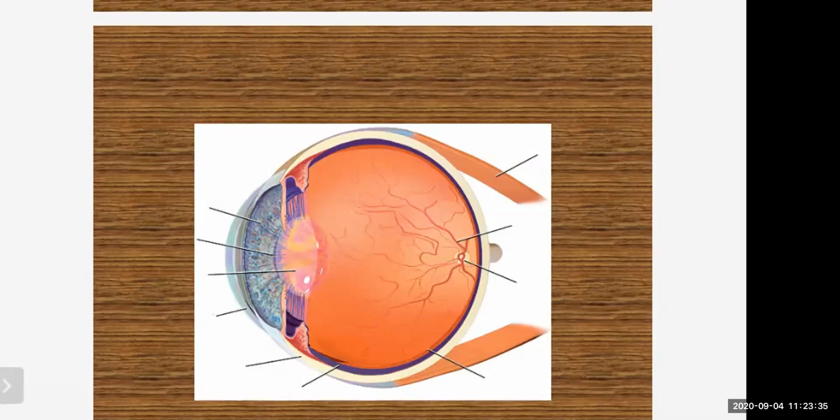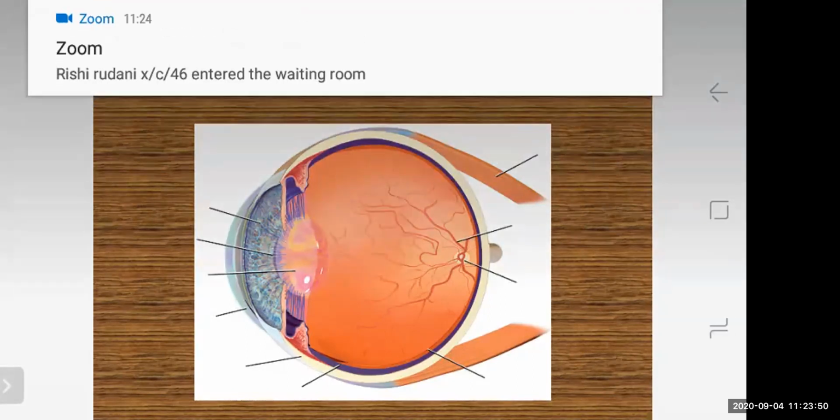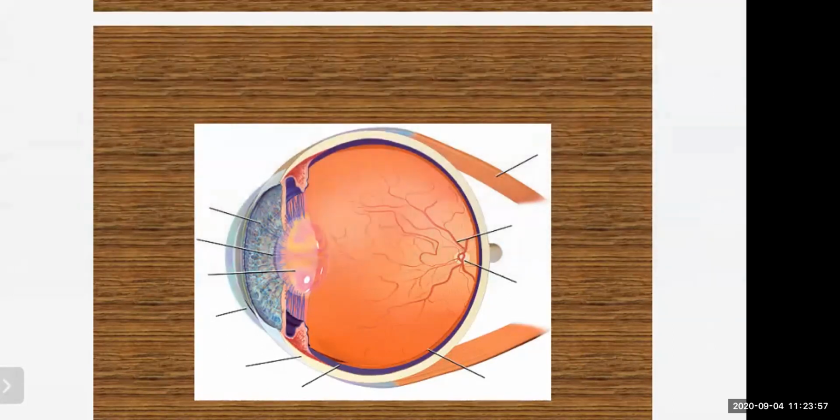Now this screen is made up of what? Light sensitive cells. And what is the name of that layer? It is called the retina. Understood? So these cells get excited when light falls on them and generate some electric signals. These signals are conveyed to the brain through the optic nerve. Later, the brain will analyze these signals and convert them in such a way that we can perceive the objects as they actually are.